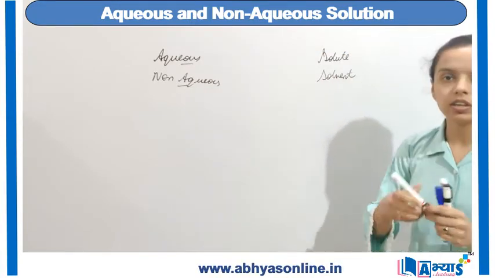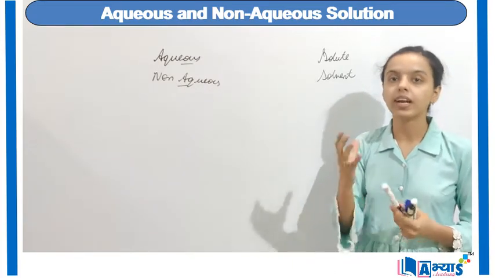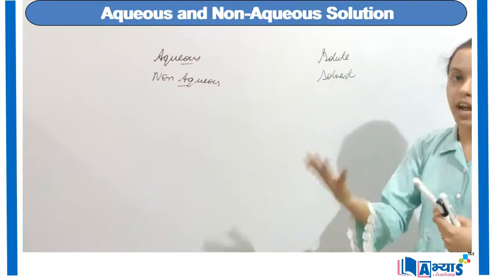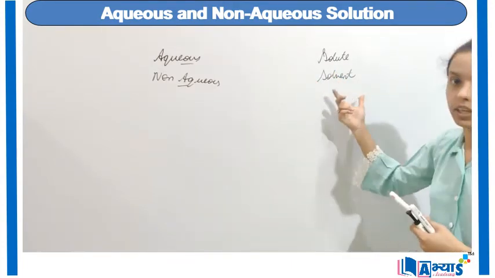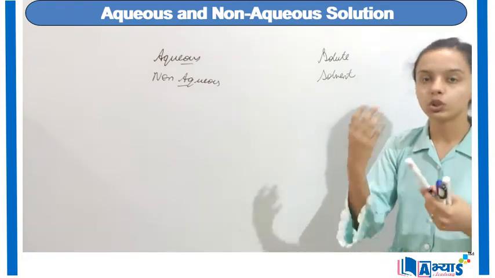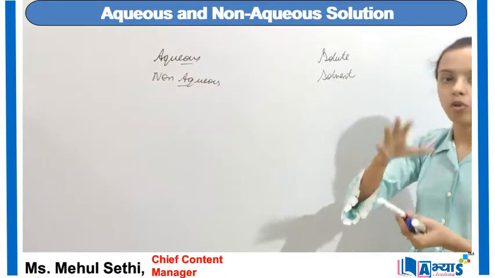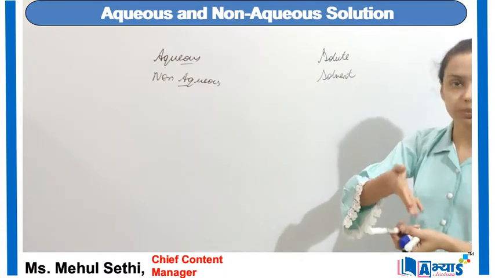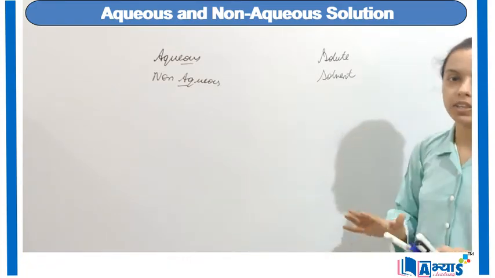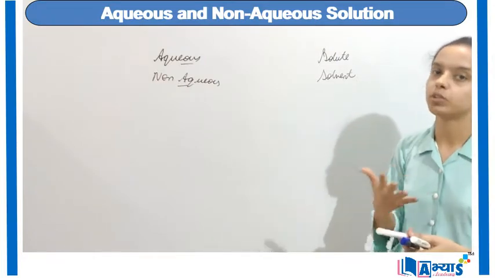So whenever we are forming a solution or we are forming a mixture, the quantity that is less in amount is referred to as the solute, and the quantity which is larger in amount is known as the solvent. For example, if I am making a solution of salt in water, salt is in less quantity, that is why salt is the solute, and water in which the solute is being added is referred to as the solvent. Abhyas Online has offered a separate video on solute and solvent in which we have different types of examples.